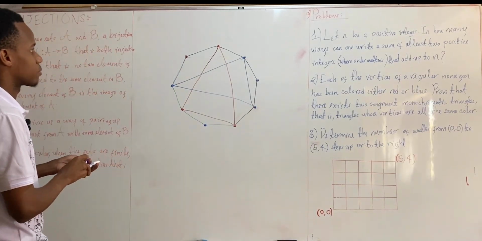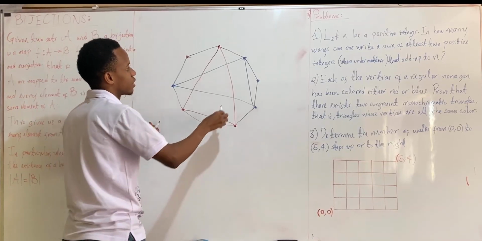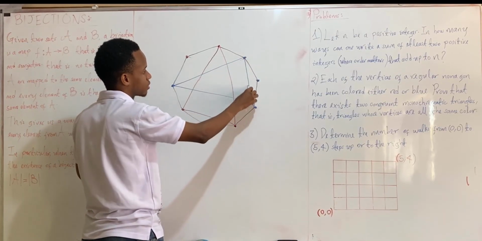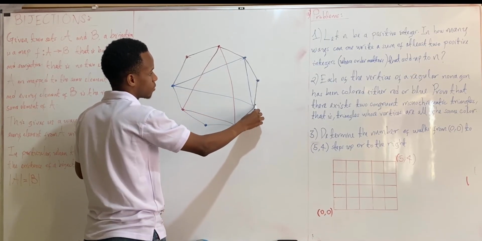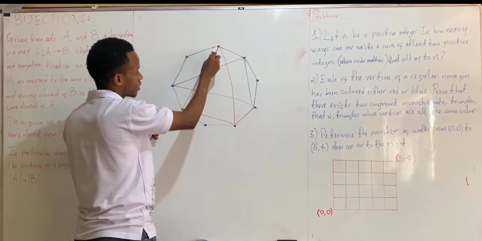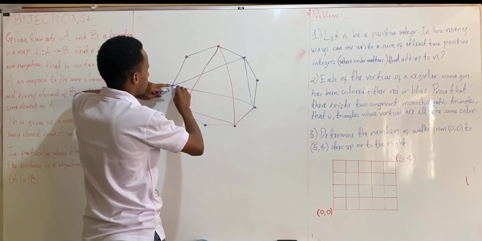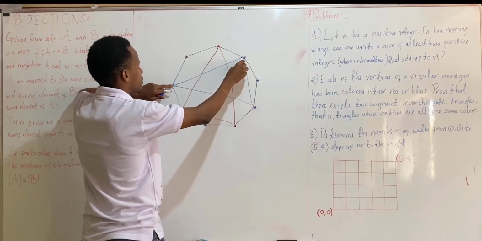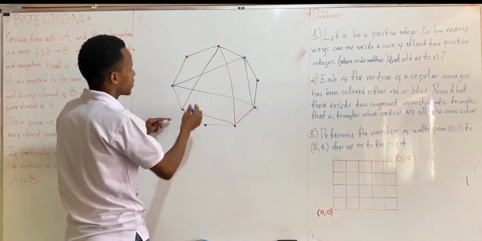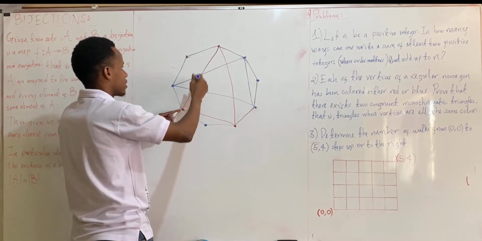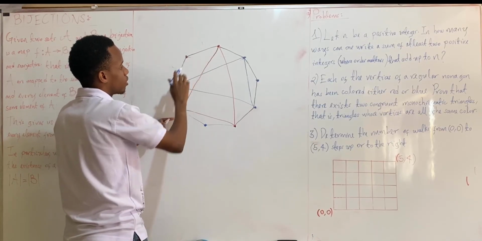Okay, you can have that blue monochromatic triangle. Now this triangle, as you can see, we have this length which lies between these two segments, and in this red triangle we have this length which lies between these two segments. In this blue triangle we have this segment which lies between 1, 2, and 3 segments of the nonagon, and similarly we have this red segment lying between 1, 2, and 3 segments of the nonagon,